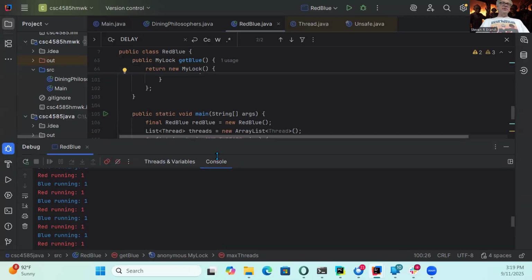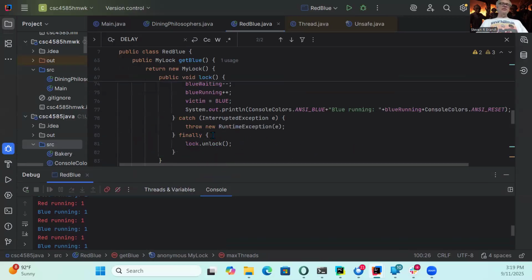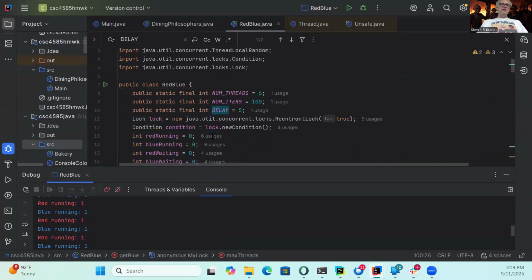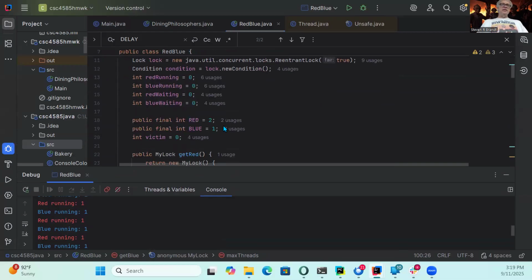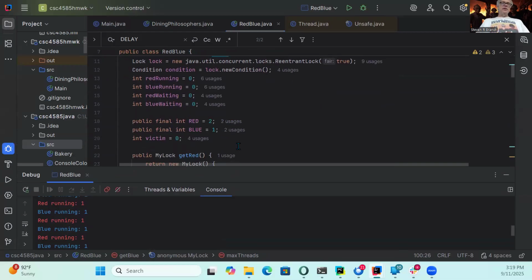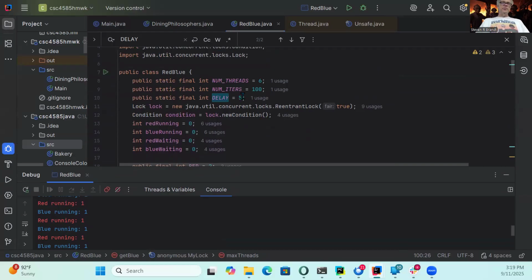Maybe if I try enough times and put enough sleep in there, it'll get something different than that. But it seems to be almost too fair. Yeah, I've already got the delay in there. But that is basically a way to do it. Any questions?